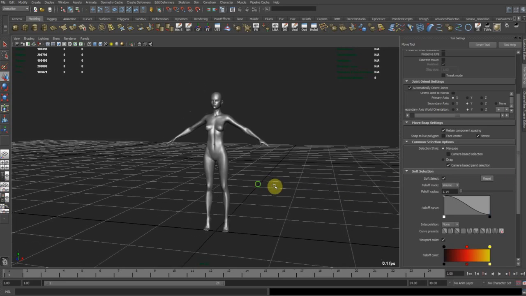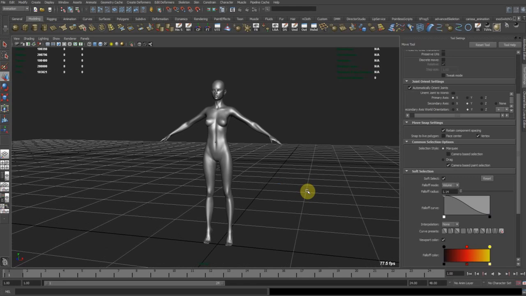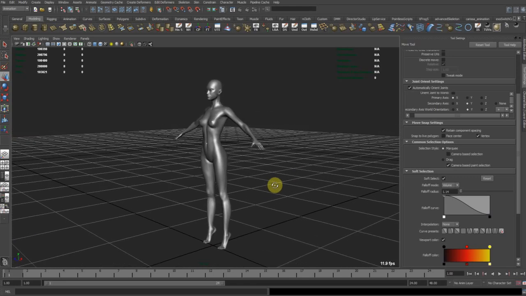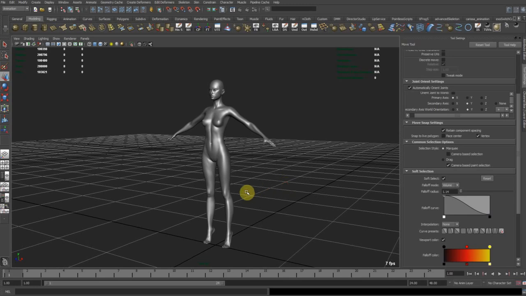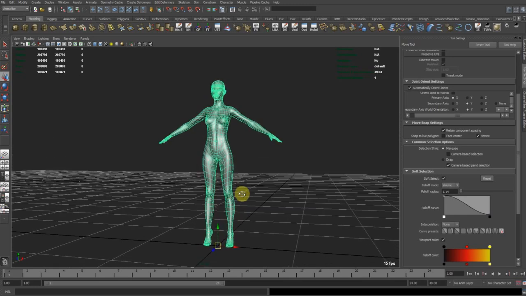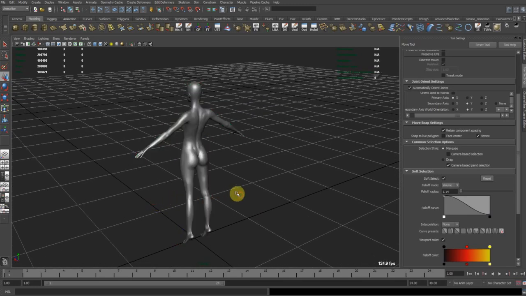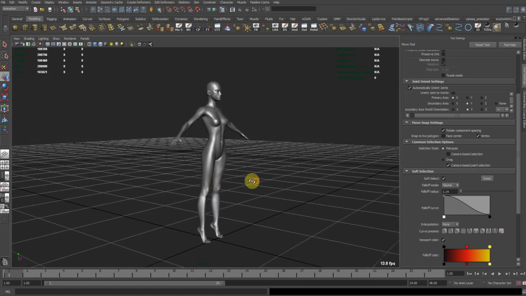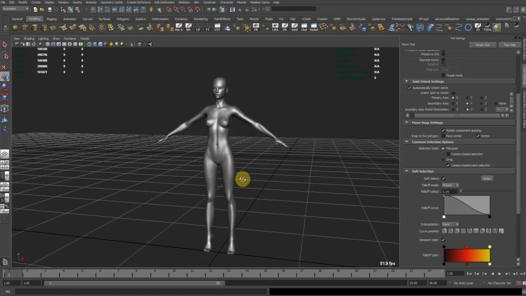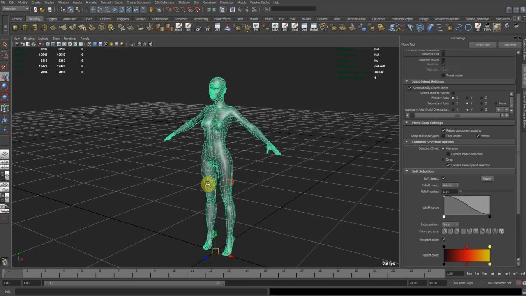So yeah, this is your model we got here, and we're going to take a look at it now. I really like it as far as the overall shape goes. It's pretty good, and there are some points that we can tackle if we go to closer detail. So let's go to the low resolution preview. And